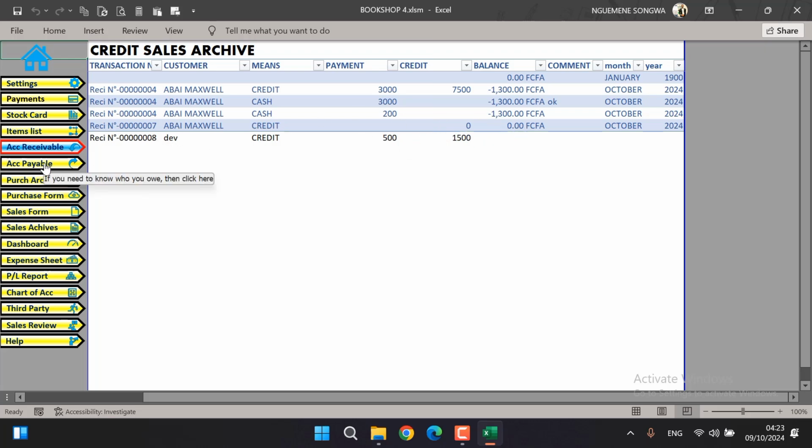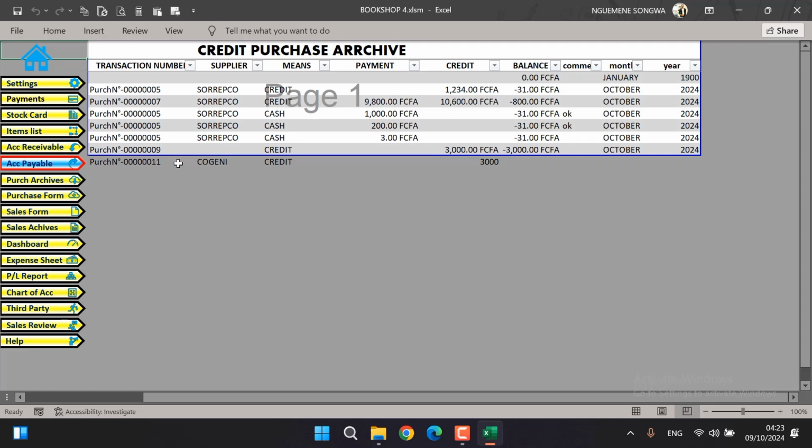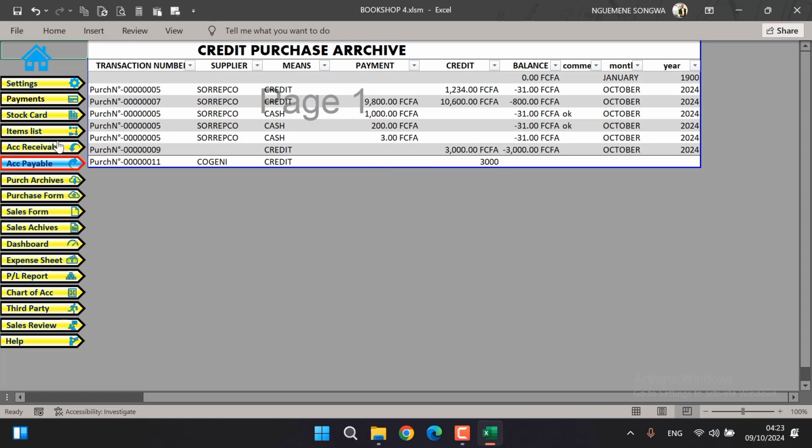And when you also purchase on credit, your accounts payables will also appear in this list. Nice. So that is it. Then if you need to make payments, if you need to pay your suppliers, or if your